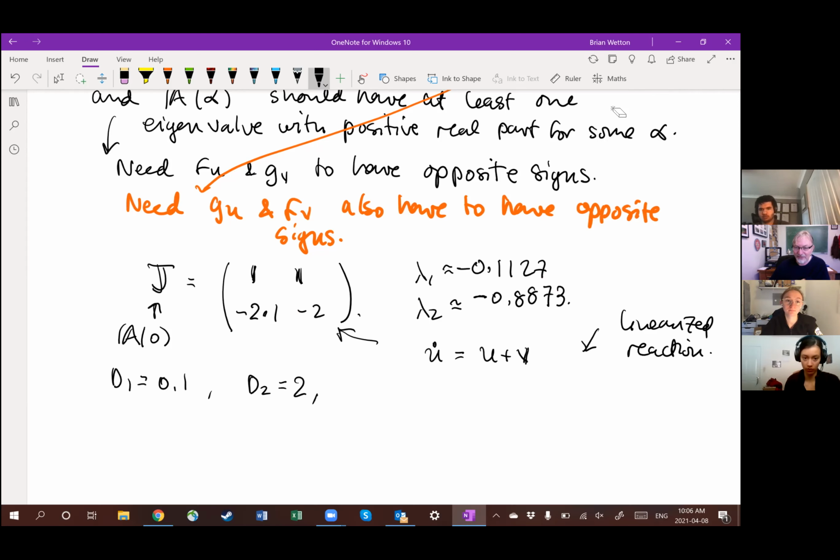U can go negative because remember, this is a deviation from equilibrium. So I could go below equilibrium and that makes this U negative. So we're not talking about negative concentrations, because that doesn't make sense. And then I get V dot is minus 2.1 U minus 2V. So U wants to grow. U left on its own, I'd have U dot is U, I'd have exponential growth,